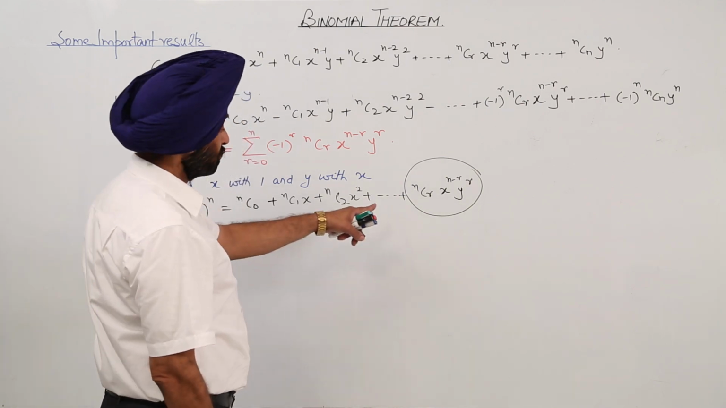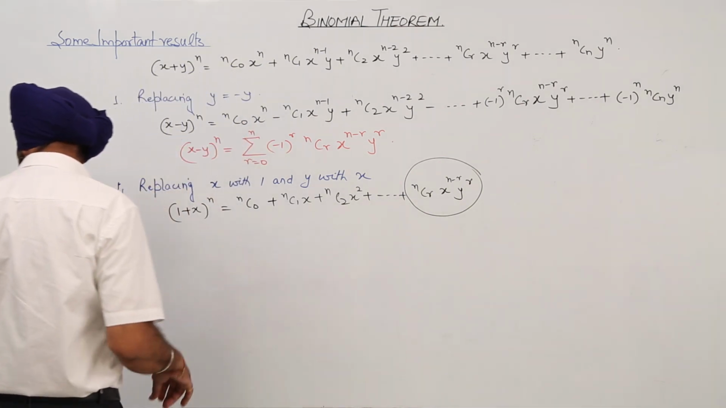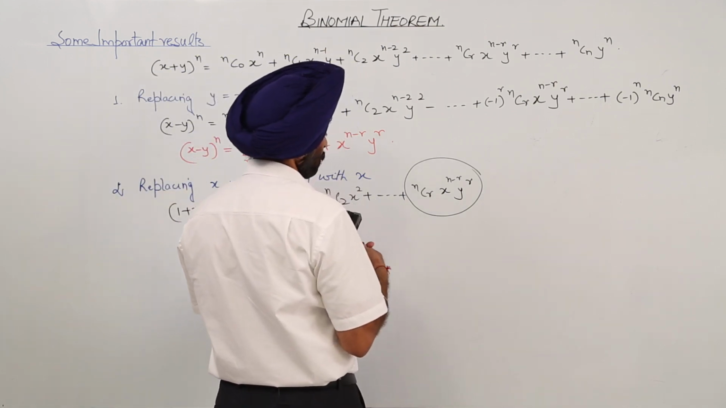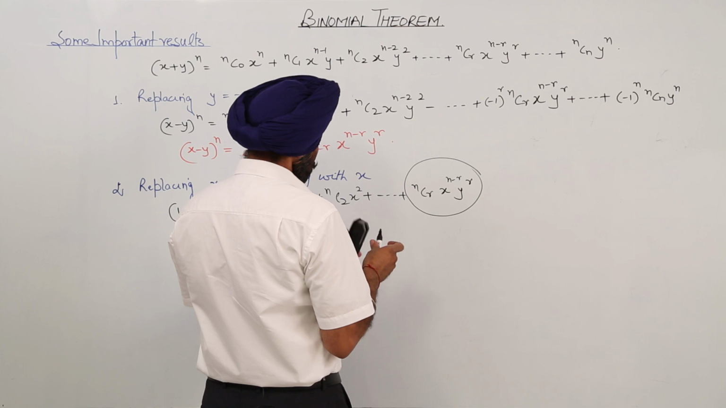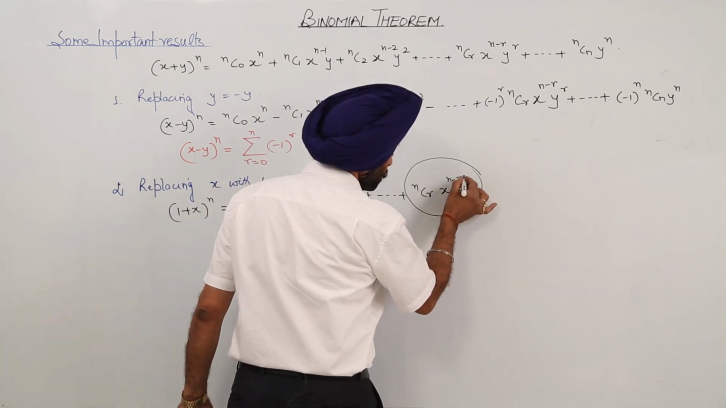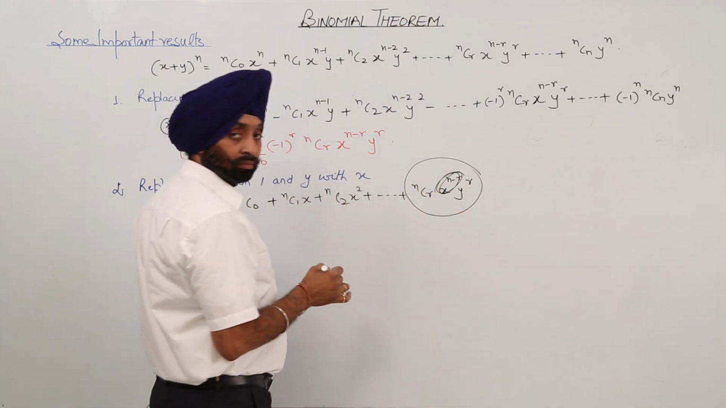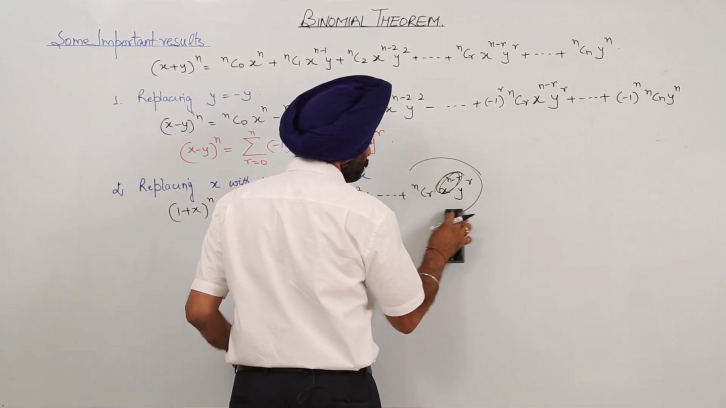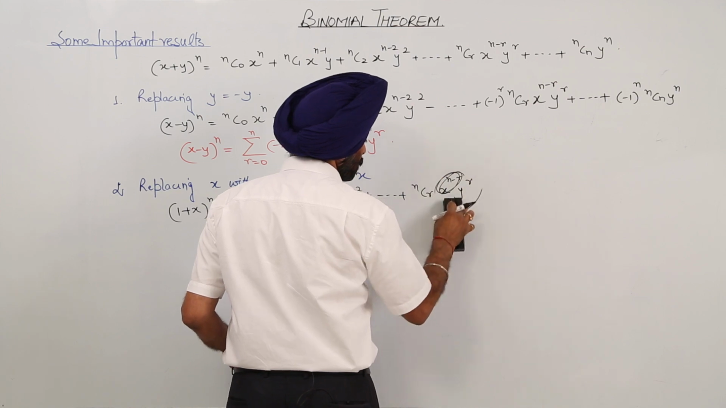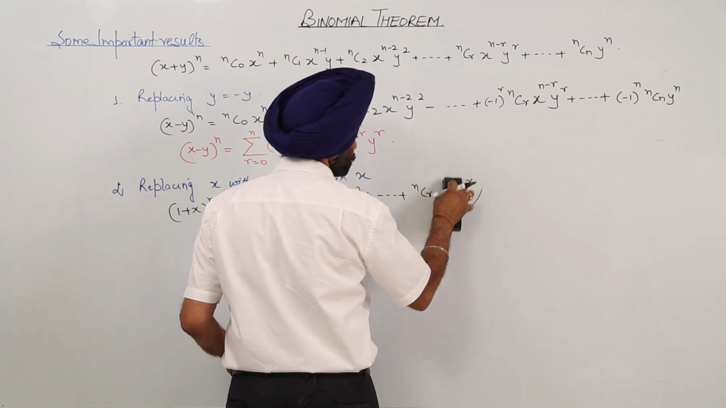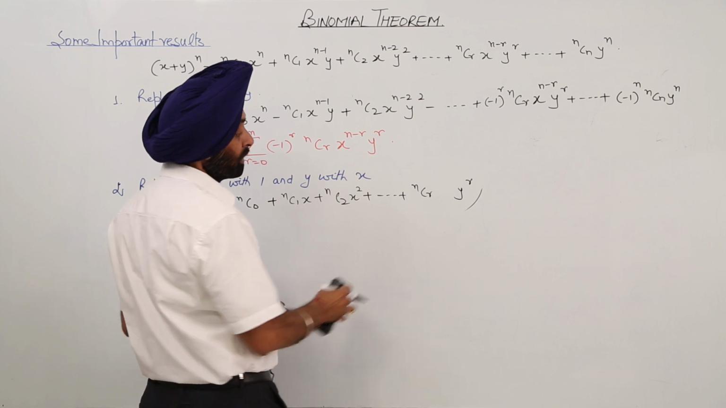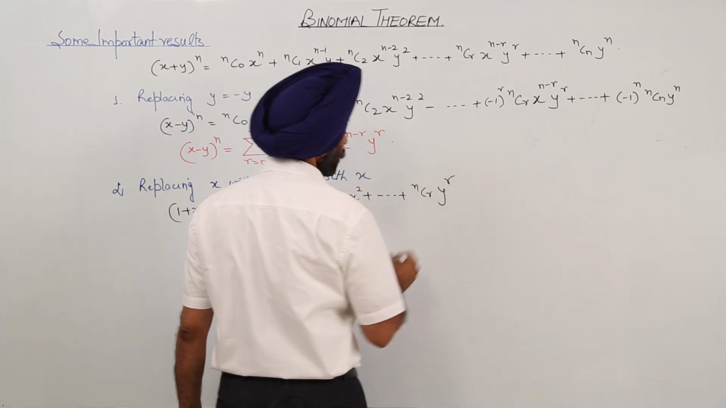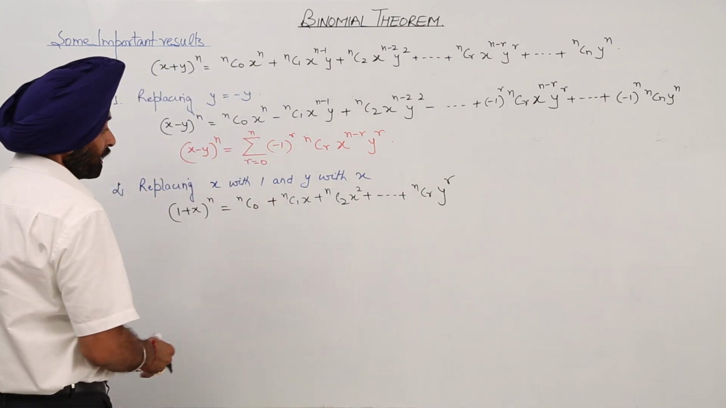or in place of this term, what can we write? Because this becomes 1, this one becomes 1. So what should I write now? I should write only this term, nCr y raised to power r. Is it clear? That's why I first wrote it, just to clarify it. So it is nCr y^r